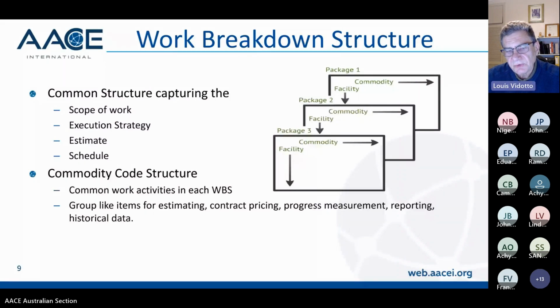So a work breakdown structure is really a common structure which captures the scope of work by area and facility. It captures the execution strategy in terms of allocating work packages against the scope of work. The work breakdown structure is used in the estimate to actually reflect the scope of work. So when you're reviewing an estimate, you certainly have the scope of work, scope document by WBS, hand in hand